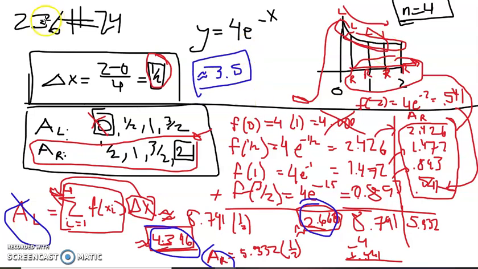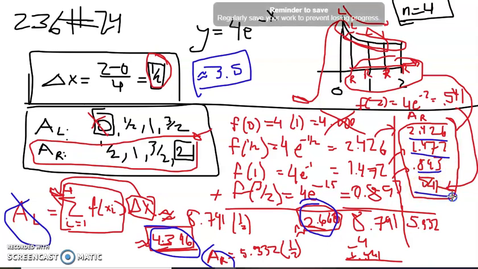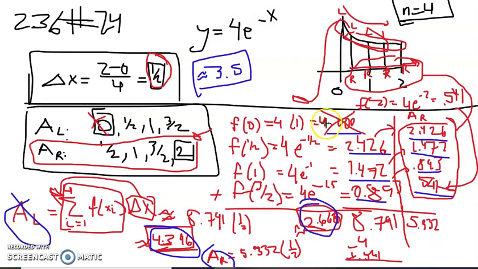Okay, all right, so there is just the one example of doing both sides. You don't have to average them in the end, but this is just doing right endpoint, left endpoint, and a little bit of a shortcut for not having to do all of the work both times. Once you've plugged them in and got an estimate for them, I would still like to see when you're doing the right estimate to write out all the things you're adding up, because again, I need to see some work for this. So yes, you could just type all these into your calculator and come up with a single number,